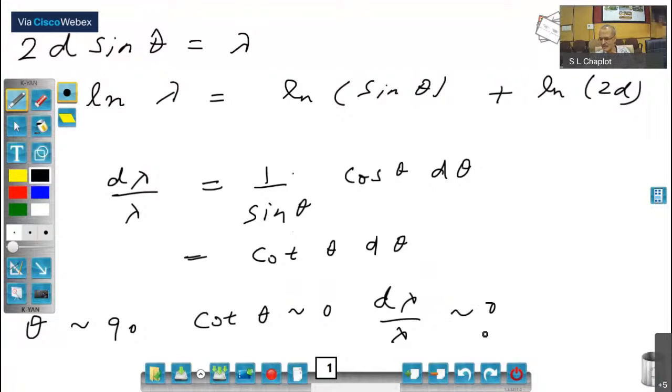Okay, but you're not really at 0, and in fact, if you're close to 90 degrees, then sine theta is close to 1, and it is cos theta that is small, so now,